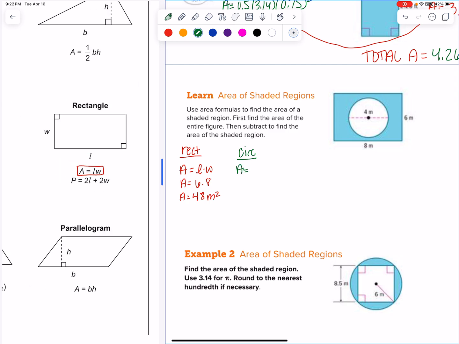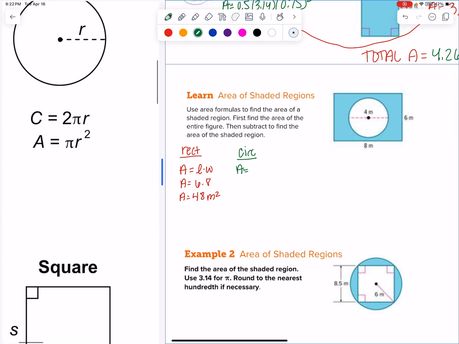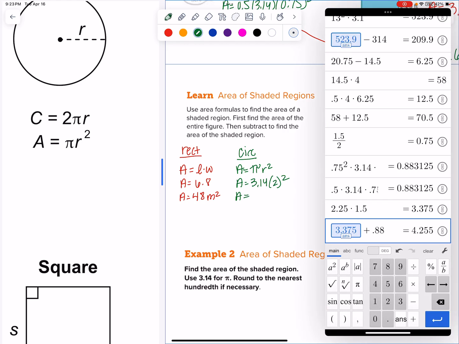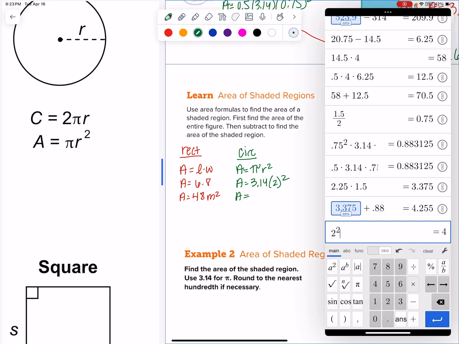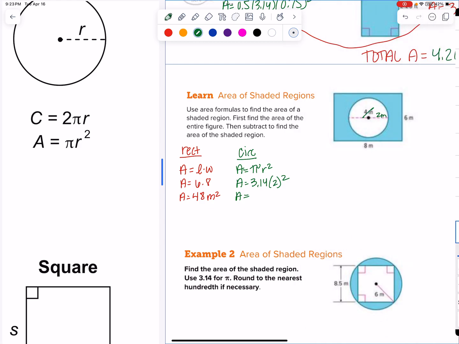Area of a circle, if I don't remember, I just look, and it is pi r squared. So area equals 3.14 times the radius, which, this is our what? Our diameter. So our radius is actually 2 meters squared. So what is our area of our circle? Well, we have 2 squared times 3.14, so 12.56